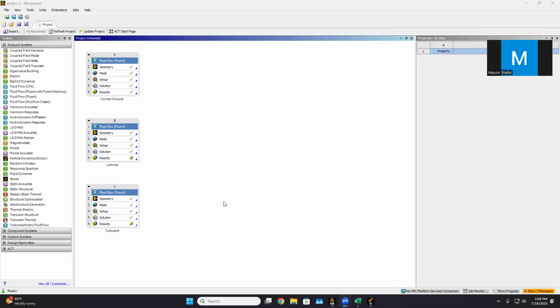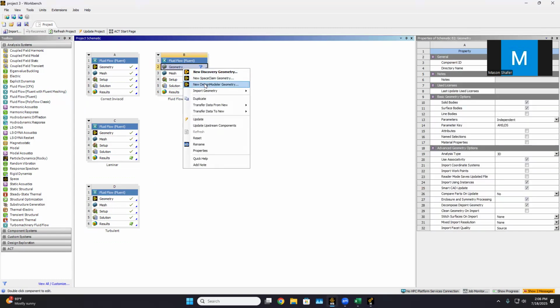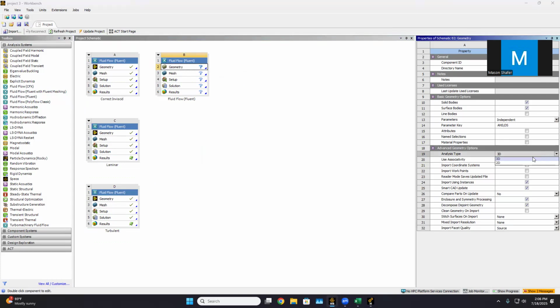All right, hello, my name is Mason Schaefer, and today we'll be doing Project 3 on Fluent. In this video, we will be doing inviscid flow around a cylindrical object. So first, what you want to do is start creating the geometry, make this in 2D,